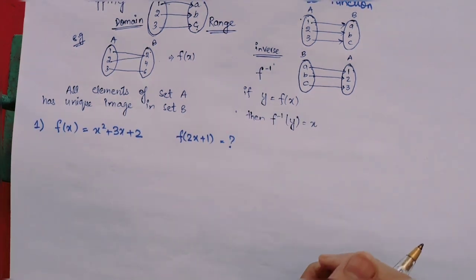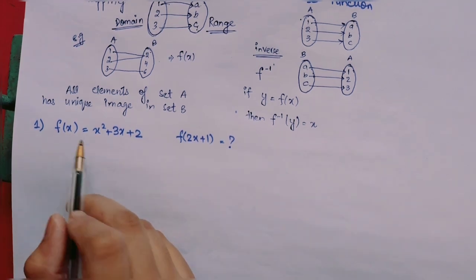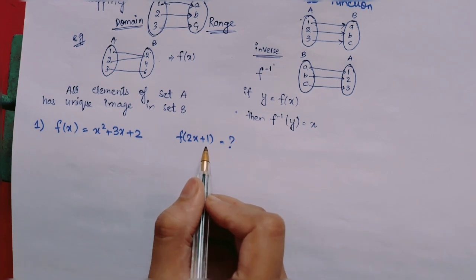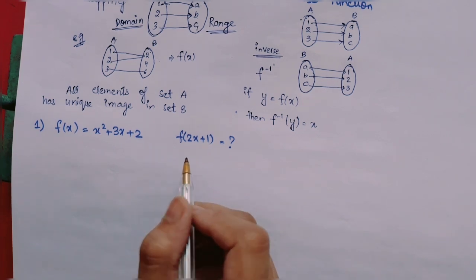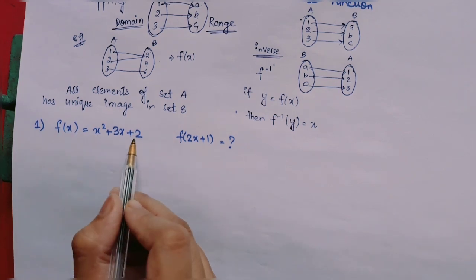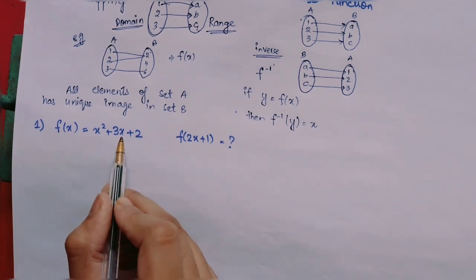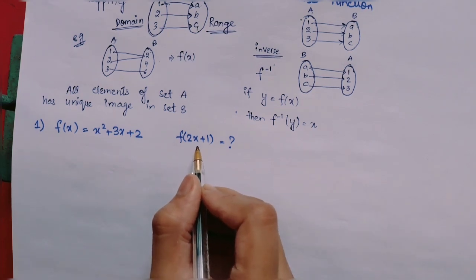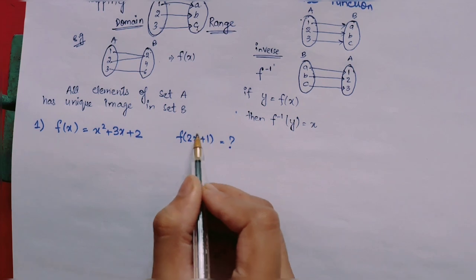This is your question related to functions. You are most probably given f of x, and you have to find f of 2x plus 1. What does it mean? It means that this function is in the form of x, f of x. This is the function. Here we use x. But when you have to find f of 2x plus 1 or anything else, you just put the given bracket value in